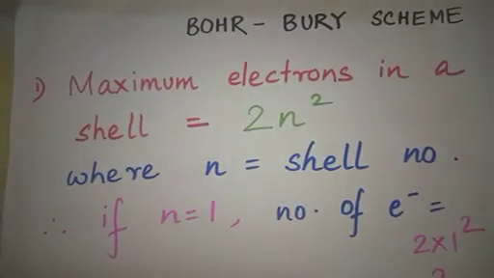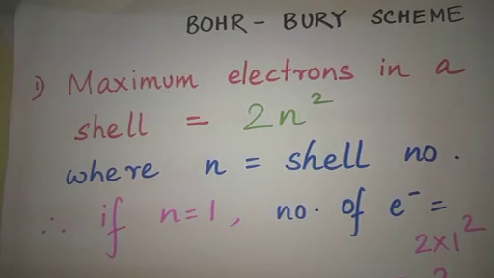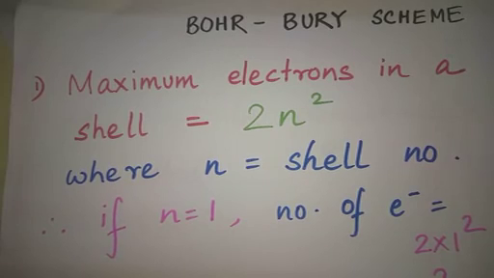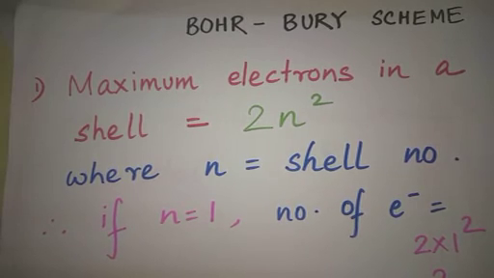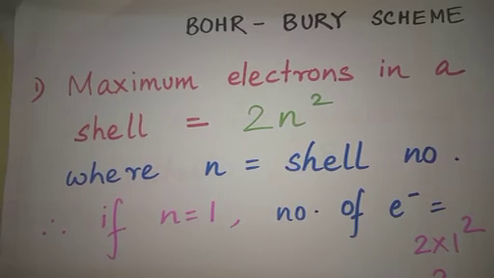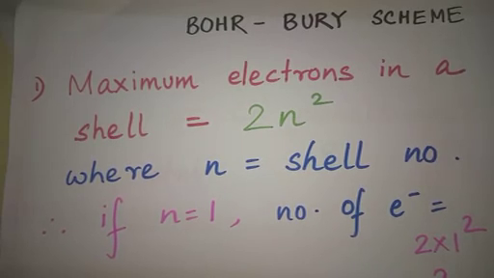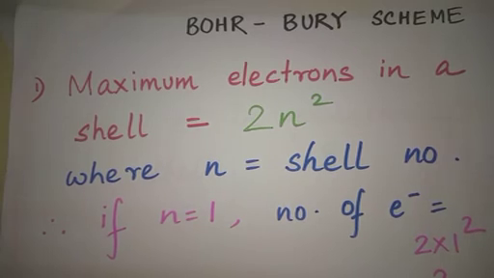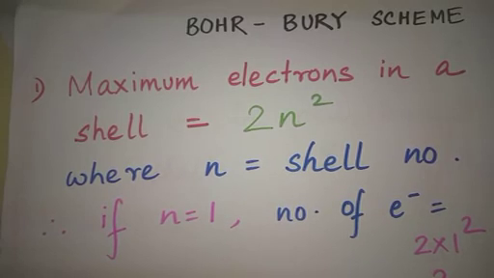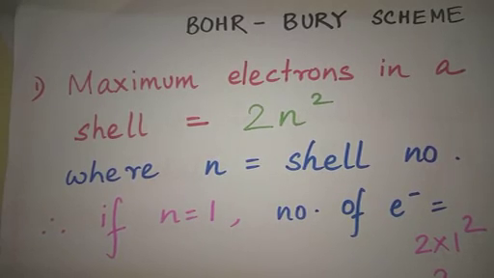They put out this scheme for us to understand how we can place our electrons in the different shells. Are they placed arbitrarily? The word arbitrarily means, are they placed any way you want them to be? No. They are placed based on a certain rule. There are certain do's and don'ts in this rule, and we have to follow them to put in our electrons correctly. So let us start with the rule.